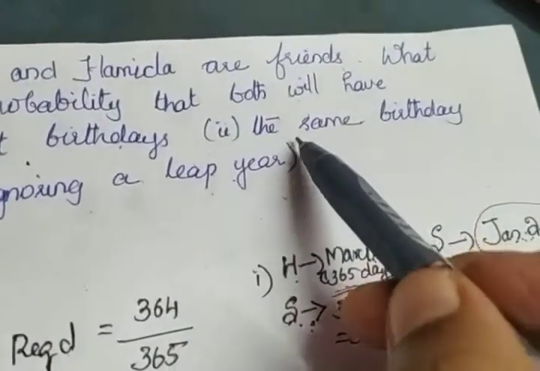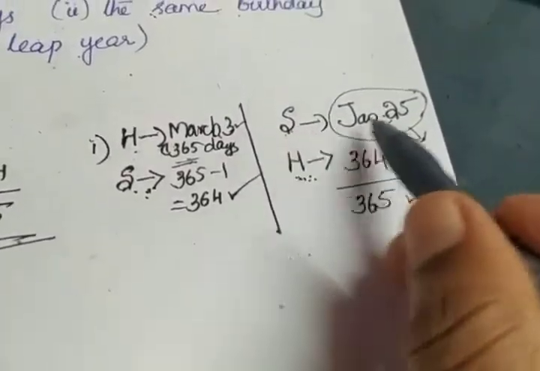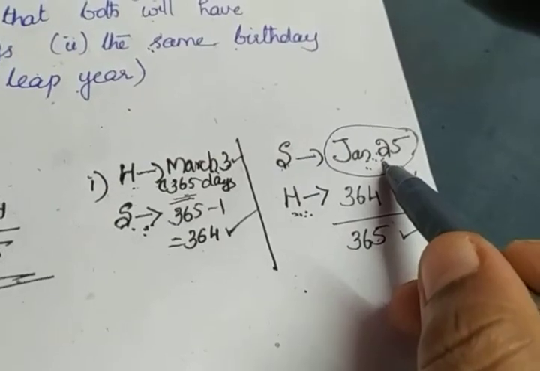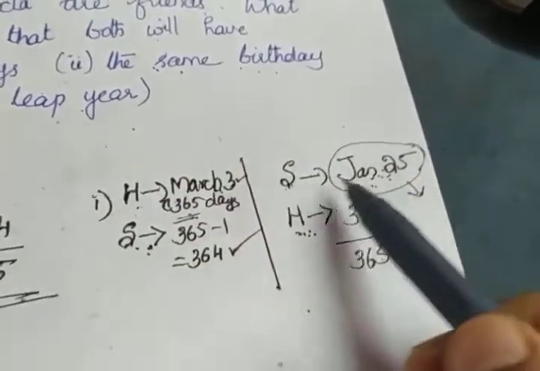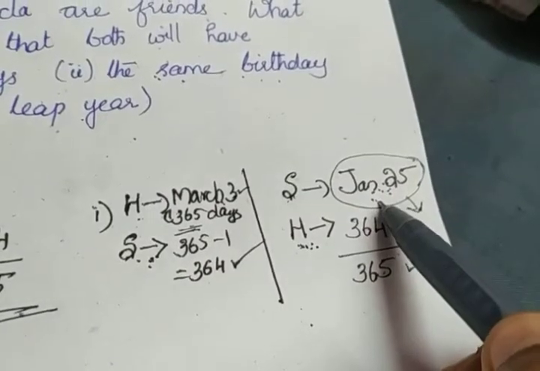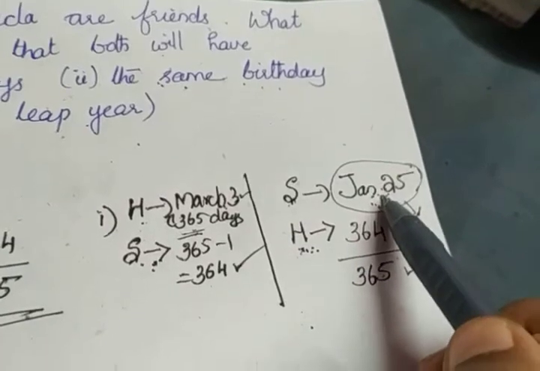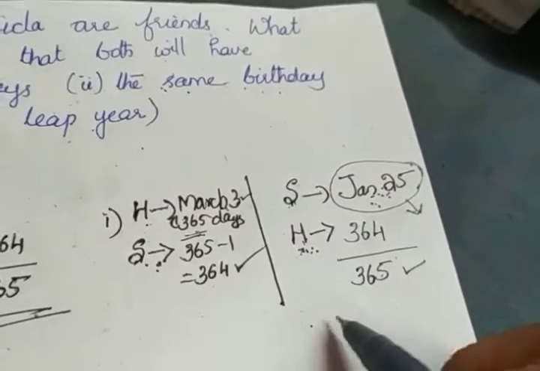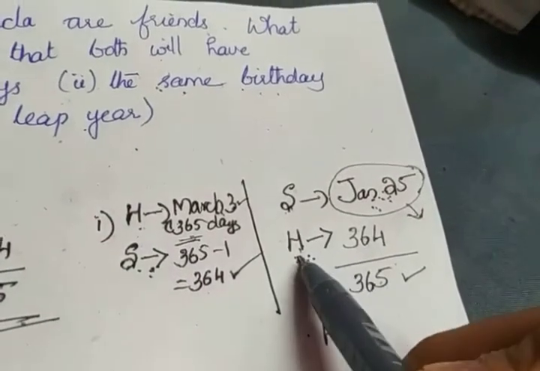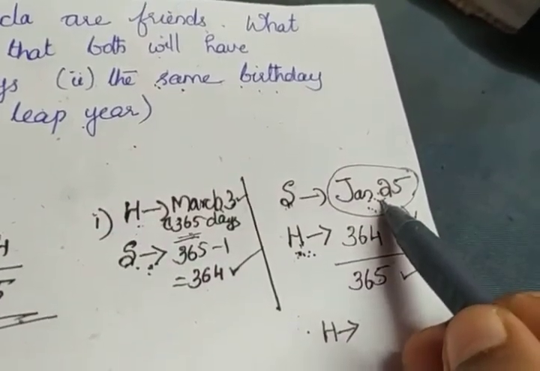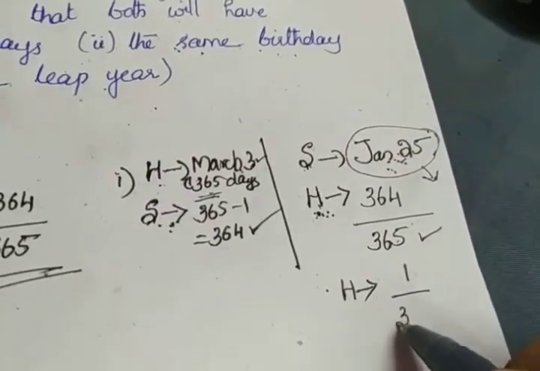We have to find the probability that they have the same birthday. So if I am dealing with the first case, suppose Savita is having her birthday on January 25. For the second part, we have to deal with the probability that they have the same birthday. So if Savita's birthday falls on January 25, surely Hamida's birthday must also be on January 25. That means how many possible favorable outcomes are there for Hamida? Her birthday must also be on January 25. So how many possible days? 1, divided by the total number of days possible,